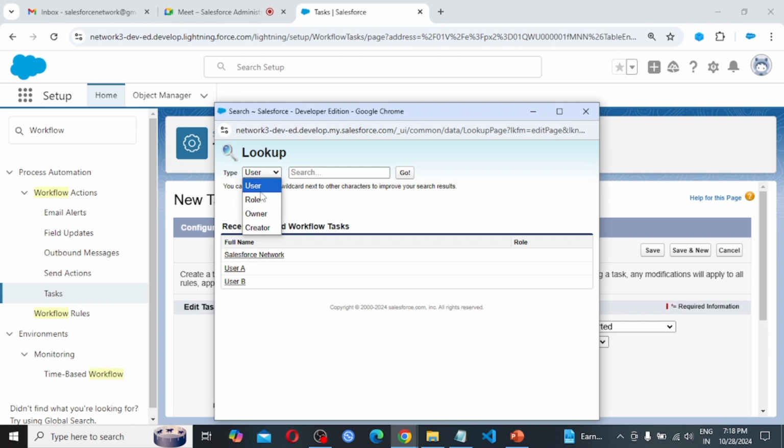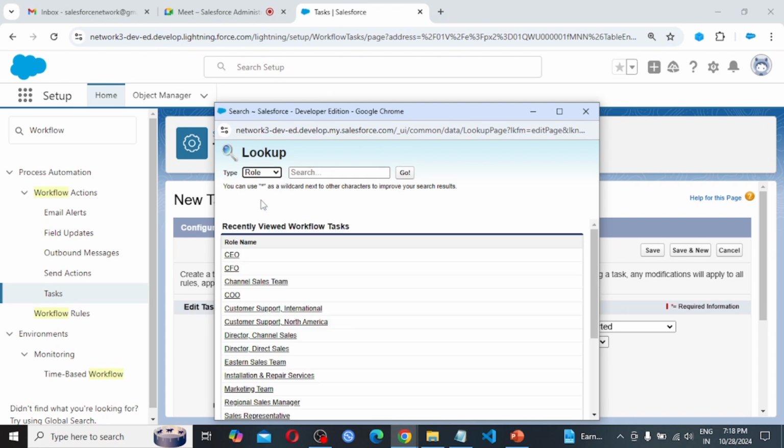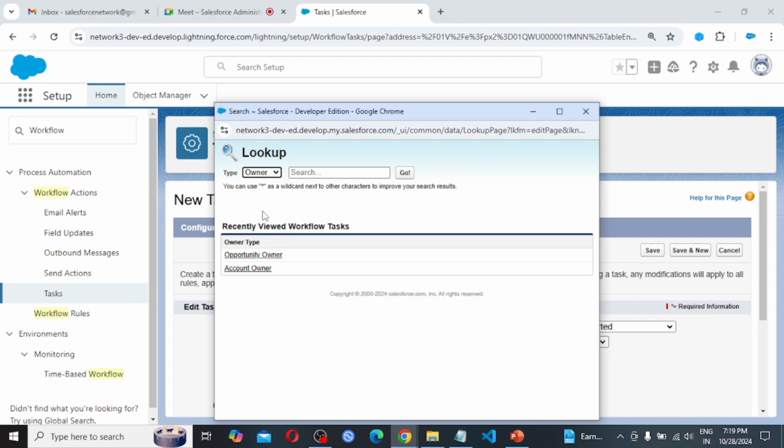Also we can go with user. So in user, if the criteria is met, then we can assign that particular opportunity record to a particular user. So in our organization there is Salesforce network user A and user B. Also with roles we can go with owner.